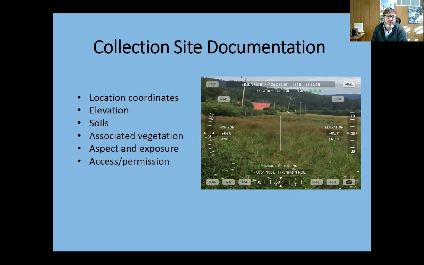Running a free web soil report is a nice, quick and dirty way to get some information on the soils at your collection sites. Having some data on associated vegetation can be important, as well as knowing about the aspect and exposure of those collection sites. And then we also like to document the access and the permissions that we've gotten to be able to collect that material. Next slide.